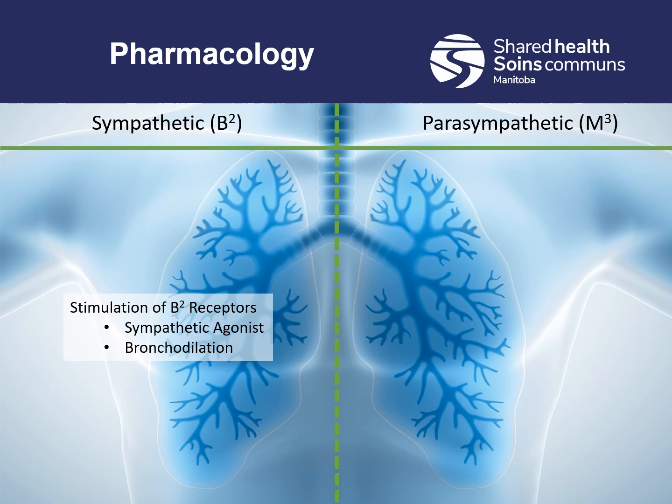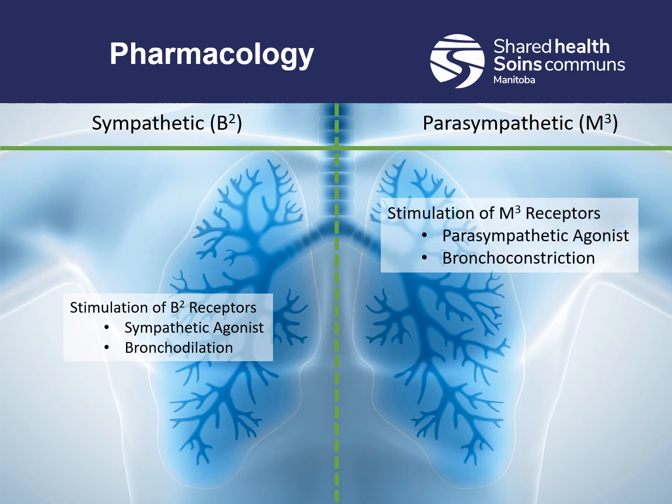The parasympathetic side of things is where Atrovent, or ipratropium bromide, comes in. Normally, the stimulation of the M3 receptor causes parasympathetic agonism. And the parasympathetic side of our nervous system actually stimulates bronchoconstriction because we're at rest. We don't need that big dilation so that we can utilize our lungs effectively to exchange oxygen and carbon dioxide as we're running and in that fight or flight kind of thing. So ipratropium bromide, or Atrovent,